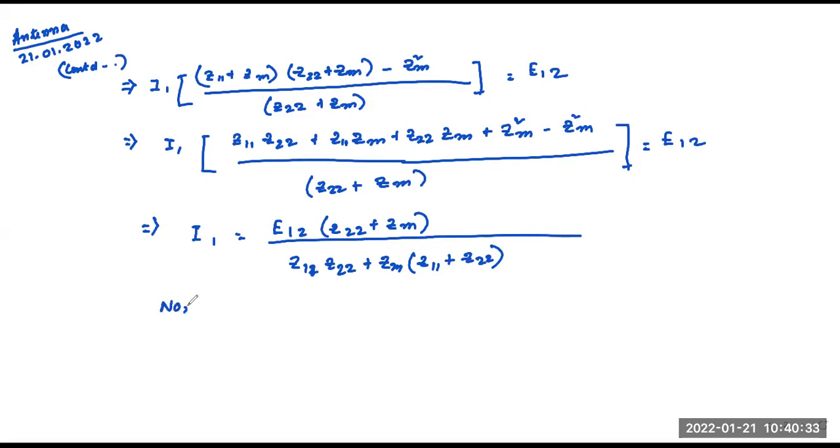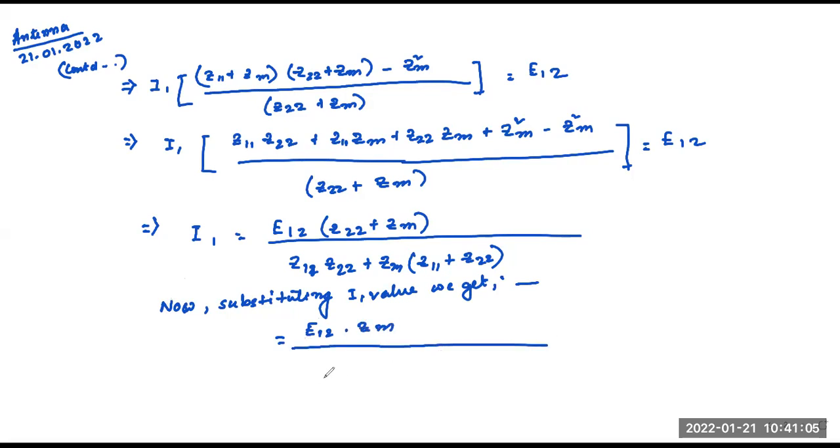Now substituting I1 value, we get, what will I get? We will get E of 1 2 into Z of m by... no sorry, E of 1 2 into Z of 2 2 plus Z of m into Z of m by